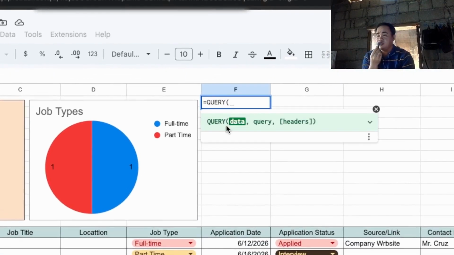Okay, then next is we're going to select the unique. So this one is we're going to create a unique array formula of a company.